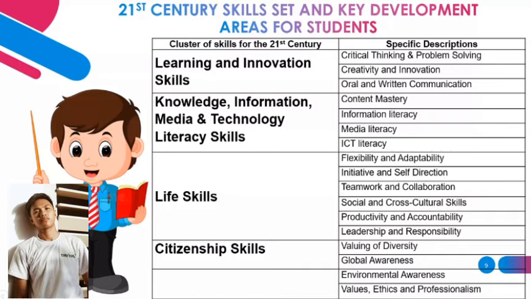So the second cluster is the knowledge, information, media, and technology literacy skills. These focus on determining trustworthy sources and factual information to separate it from the misinformation that floods the internet. And its specific descriptions: we have content mastery, which refers to the body of knowledge and information. The second one is